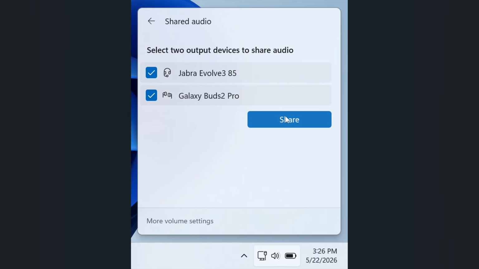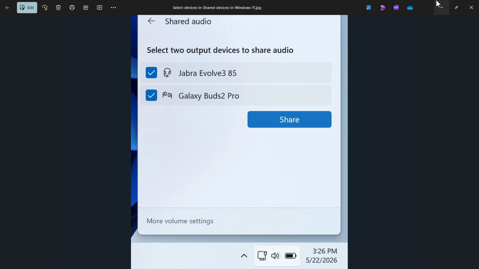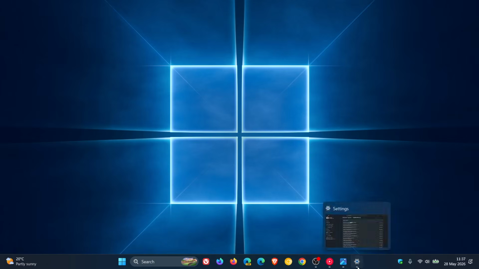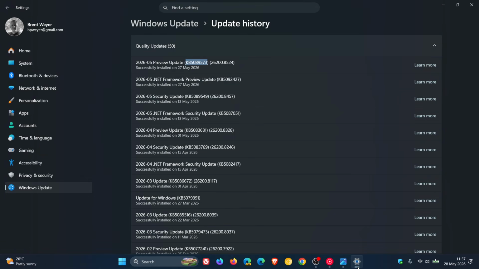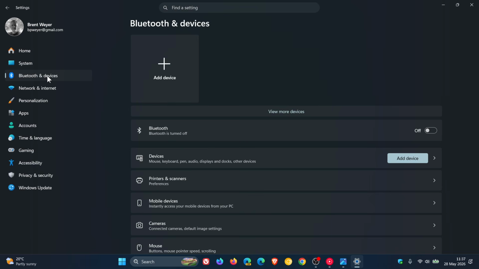Now, just on a quick side note, if you want to verify if Bluetooth LE audio is supported on your PC, it's actually quite simple to have a look. So what you would do to verify if Bluetooth LE is natively supported on your PC is you would head into your settings in Windows 11 after that update has been applied. Head over to Bluetooth and Devices. Click on Devices,